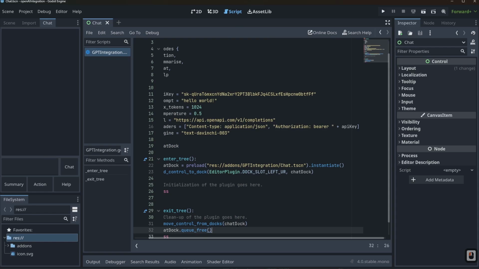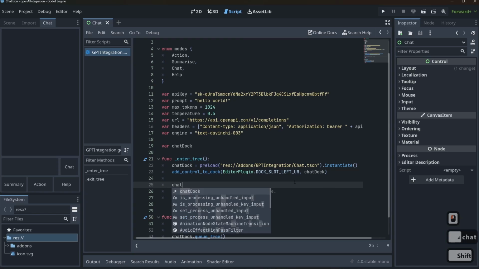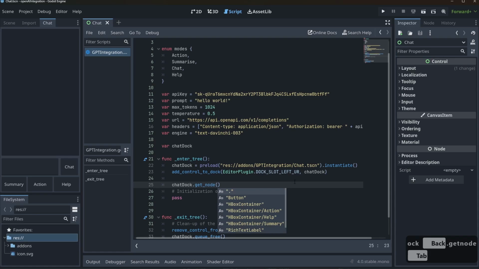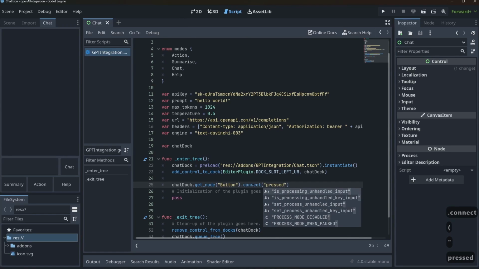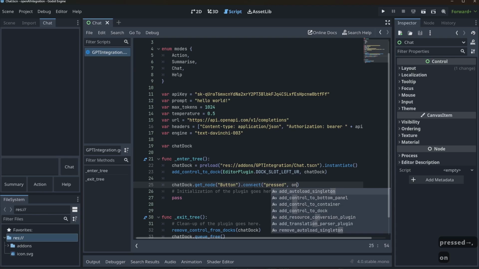So now we can go back to our script, and let's talk about how we get these buttons to actually start working. There are a lot of ways to do it, but the easiest way that I have found in my experience is to just hook them up here. So what I'm going to do is say chat doc.get node, and you'll see that it shows a bunch of nodes. I'm going to grab my button node and hit .connect, and I'm going to connect pressed, comma, and hook it up to a function. In my case, it's going to be on chat